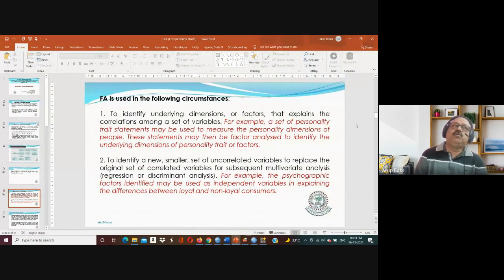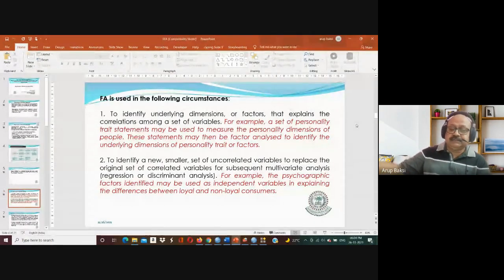Okay, so we normally identify a series of statements. Those statements are basically representative of either extrovert or introvert observed variables, or observed or manifested behavioral orientations,